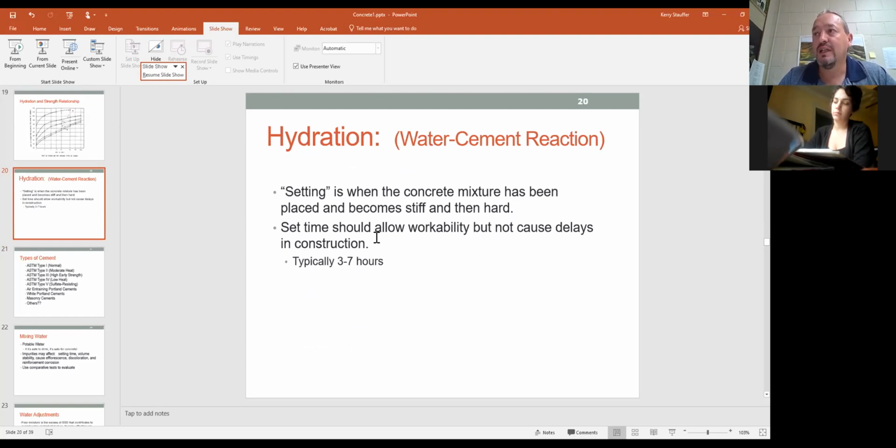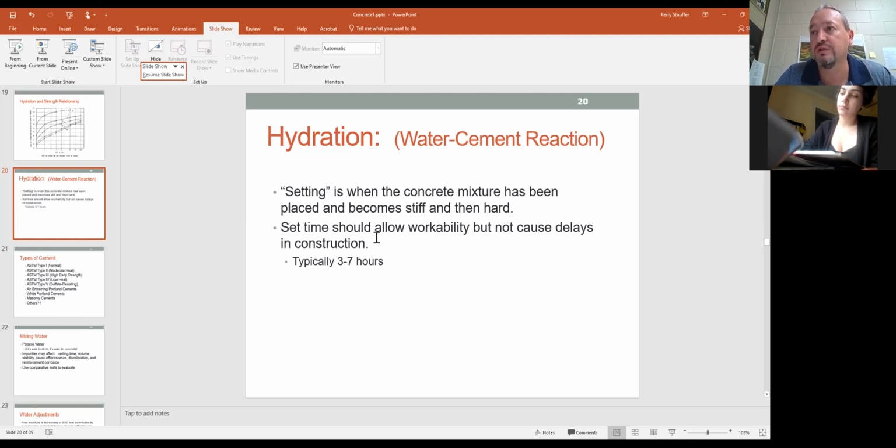So concrete, once again, it does not dry. It sets and hardens. And so that typically takes 3 to 7 hours. We'll talk about some admixtures later. We can control that a little bit. And obviously, the high early strength cement would alter that some, but just for your typical, traditional mix,